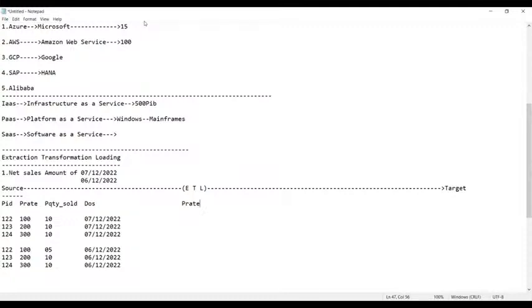Do we require the product quantity sold or not? Of course, we require it. Product quantity sold, the quantity sold. Now tell me, do you require the date of sales or not? In fact, we require DOS, the date of sale. Without a date of sale, how can you find out? So now, guys, these are the three columns. That means out of all these four, all available data, you will